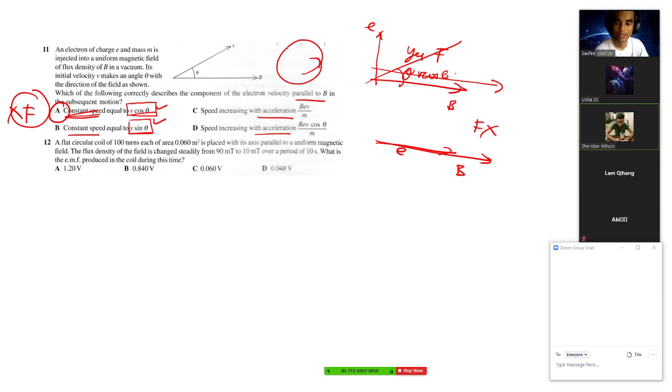Okay, number 12. A flat circular coil of 100 turns each of 0.06. It's very easy, right? Sheridan, what's your answer? D. Answer is